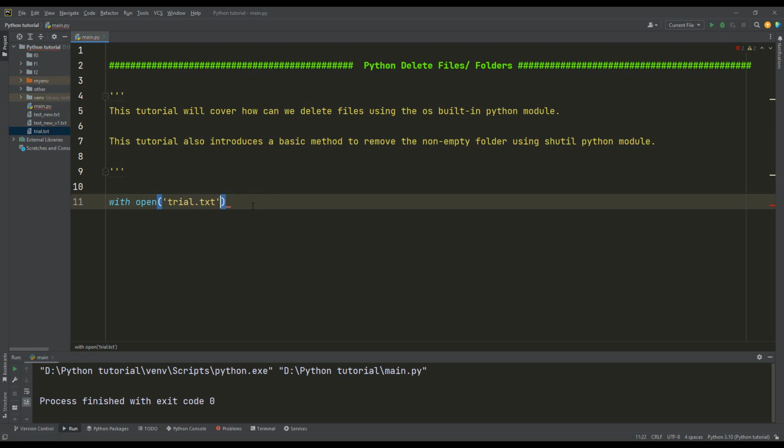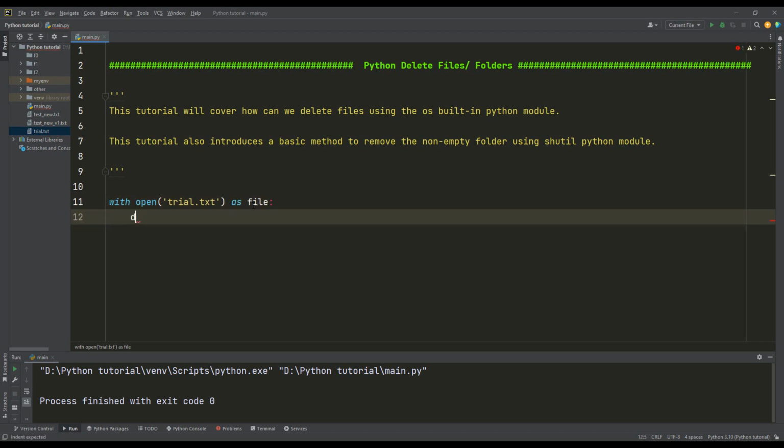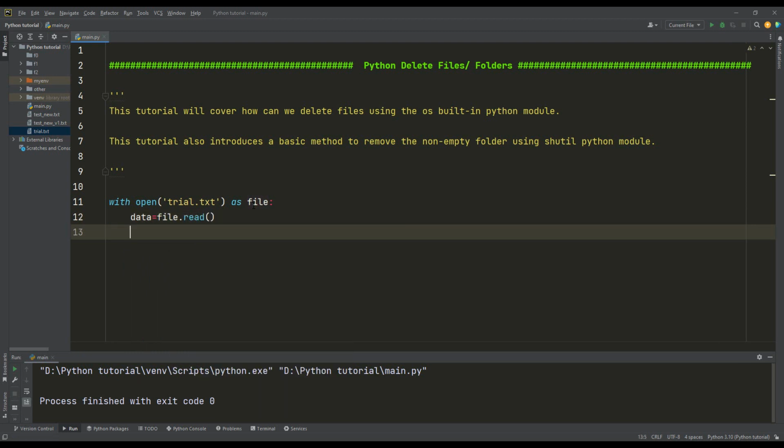So we will remove this, and we will use as file, and we will insert the data into a variable, and this will be file.read, and we will later print our data to see what is inside the